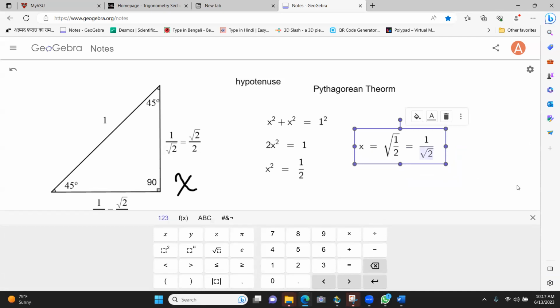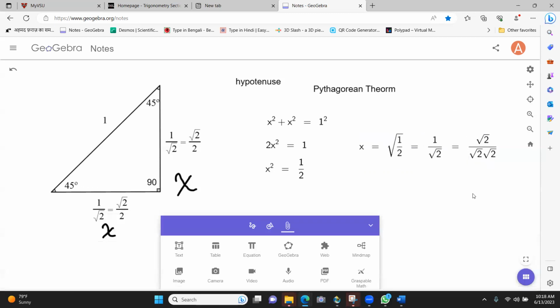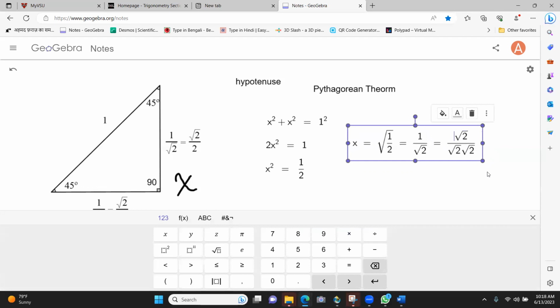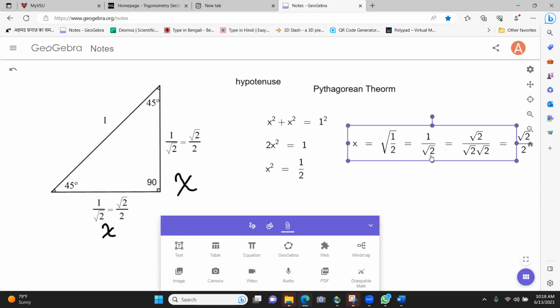So let's do it. As long as you're doing the same thing to the top and the bottom, multiplying it by square root of 2, you have this on top. 1 times square root of 2 is simply square root of 2. All right, what's square root of 2 times square root of 2? That's 2. Square root of 3 times square root of 3 is 3. So